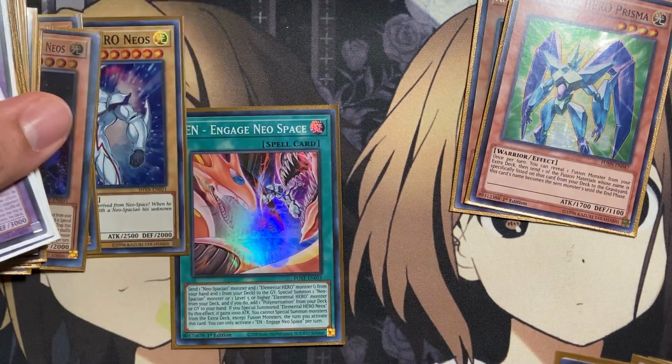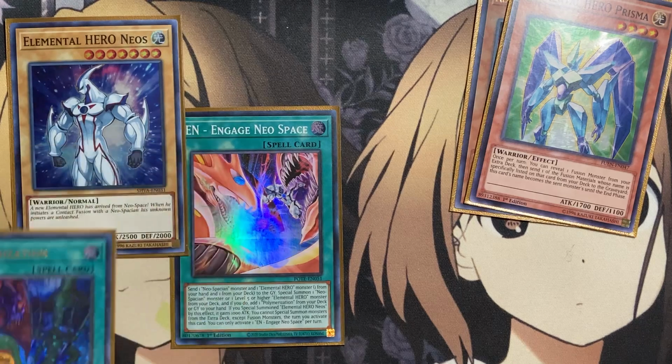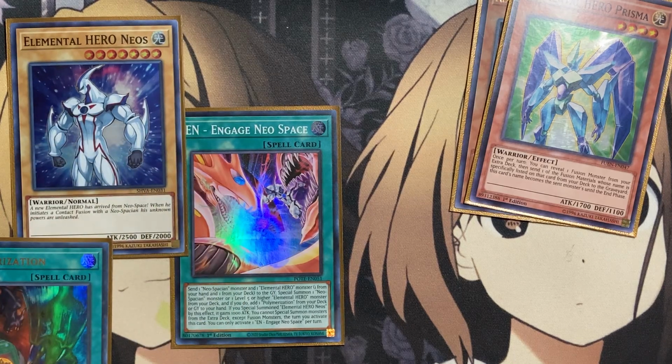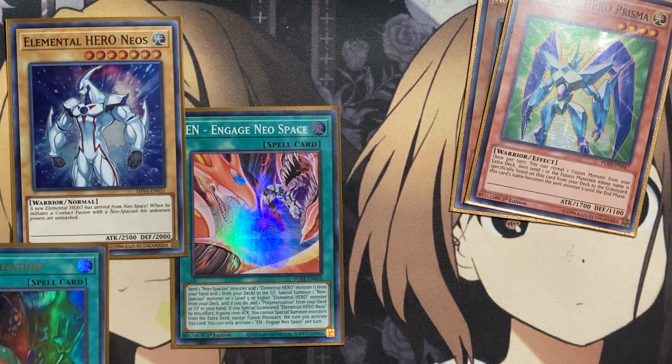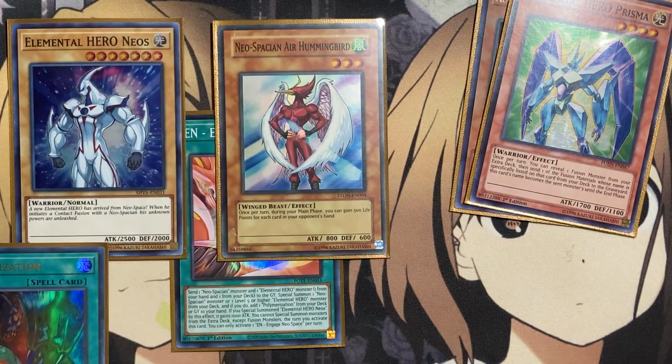If you summon out your Neos off of the Engage Neospace, you can then add the Polymerization as well from your deck to your hand. And then special summoning Neos gains the 1000 attack. So if you're not going for the initial fusion play, you at least have the beefed up Neos on the field as well. But with another resource in your hand, you could potentially have the Neo-Spacian to normal summon from your hand onto the field,